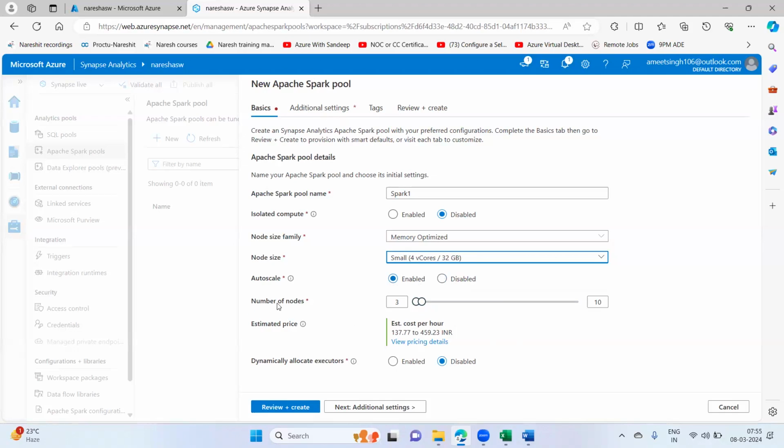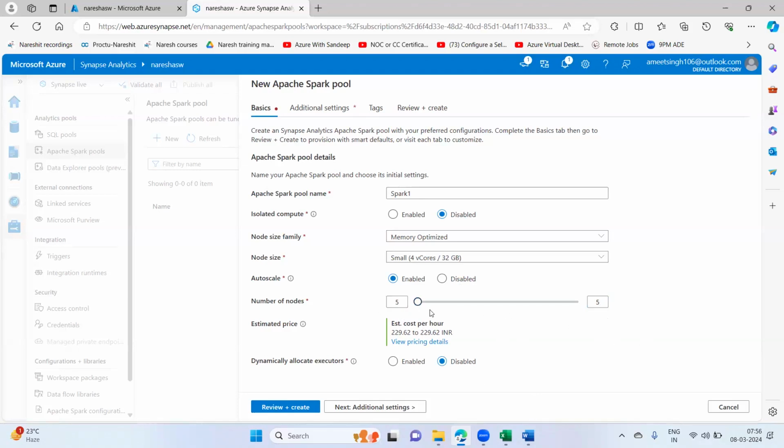Okay, so the node size range we are passing here. How much are we going to pass? 3 and 3 means minimum nodes is 3, maximum nodes is 3. Minimum 3, maximum 5. Initially the Spark pool will get created with 3 nodes, and I believe it takes a minimum of 3, not less than 3. That is a standard. If you want to go with 2 nodes, see, it will not accept. It will change to 3 automatically. So minimum is 3,